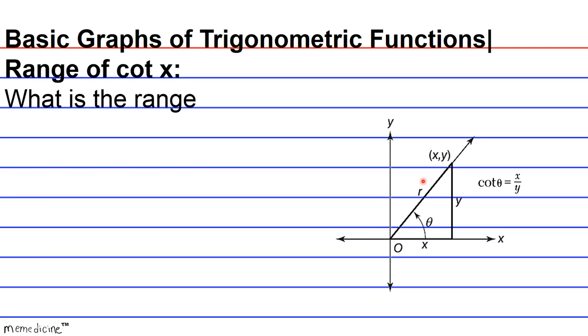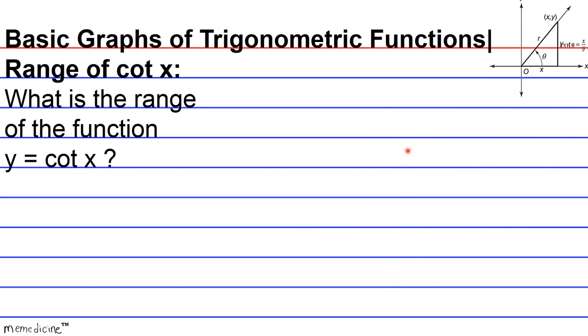So what is the range? And when I say range, I mean, what is the set of all possible values of a dependent variable, usually expressed as y, of the function y is equivalent to the cotangent of x, or theta. So definitely press pause again, and I'll give you a moment to think. Draw a graph to express your answer and your reasoning, okay? All right, so